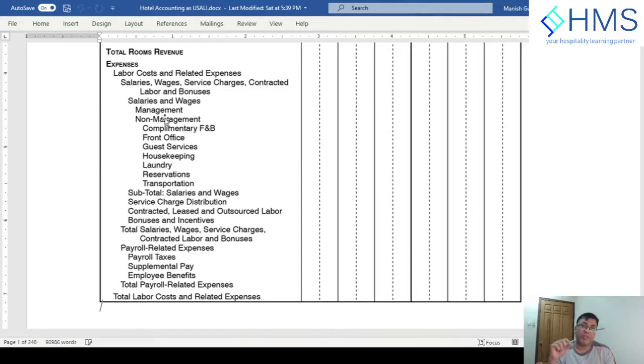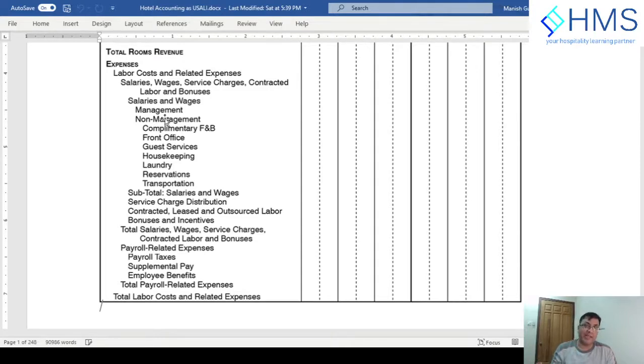Service charge distribution, as per IFRS 15 and as per IFRS and many GAAP, generally accepted accounting principles: when the hotel is collecting the service charge, and the service charge is not discretionary for the guest to pay but mandatory to pay, that will form part of revenue. But in those hotels, the service charge is distributed 100% or 90% or sometimes 50%, depending on the hotel policy or country practice. They are returned to the staff.